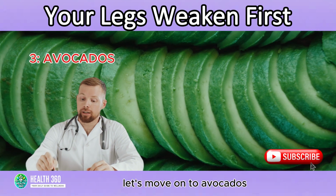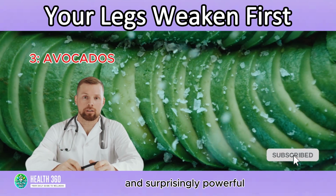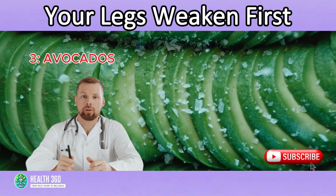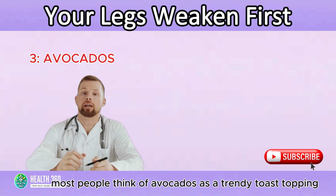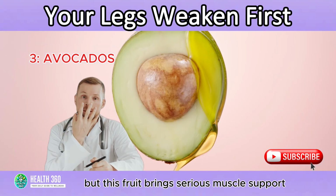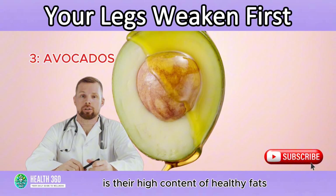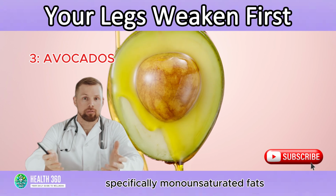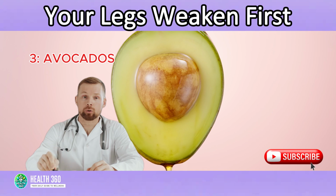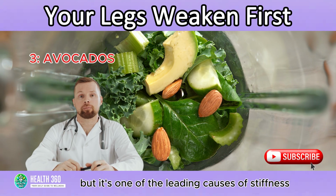3. Avocados. Let's move on to avocados, creamy, delicious, and surprisingly powerful when it comes to keeping your legs strong and pain-free. Most people think of avocados as a trendy toast topping, but this fruit brings serious muscle support to the table. What makes avocados so special is their high content of healthy fats, specifically monounsaturated fats, that help reduce chronic inflammation. Inflammation may not sound like a big deal, but it's one of the leading causes of stiffness, pain